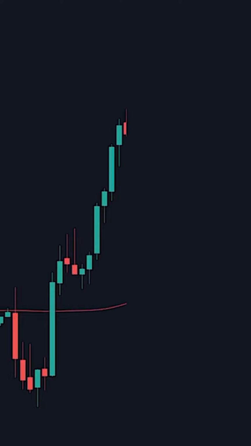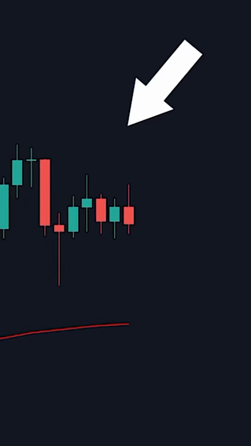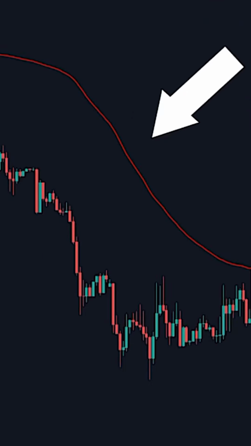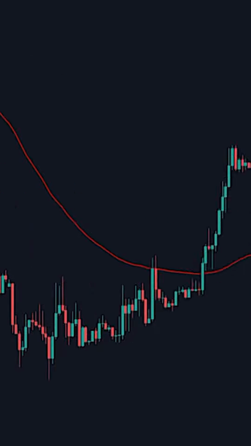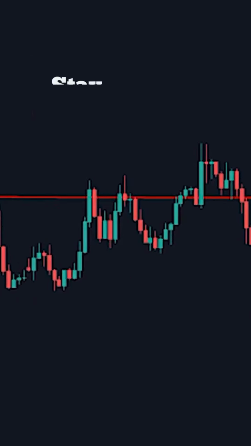Like any moving average, it can be used to tell if a market is bullish or bearish. If price is holding above the TRAMA, we can expect the market to go up. And if price is holding below the TRAMA, we can expect the market to go down. You can also use it to tell if the market is going to be ranging or trending. You can see here the market is in a downtrend as the TRAMA is decreasing in value. And then starting from here, the TRAMA is stable, which means the market is ranging, so you could stay out